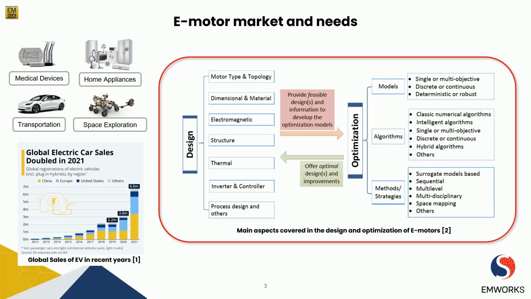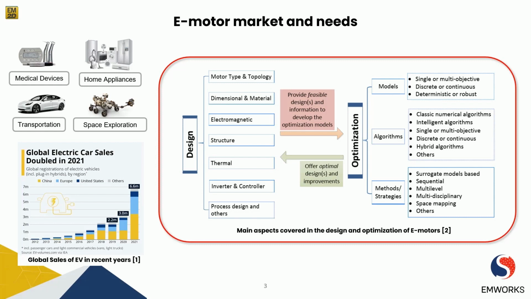We also have to consider the control aspects of the machine from the perspective of power electronics, the inverter and the controller. And at the end, we can consider the design process, the manufacturing process, and the difficulties and possible flaws during the prototyping process. On the other hand, we have the optimization part,